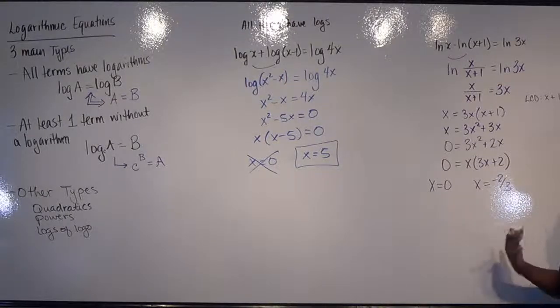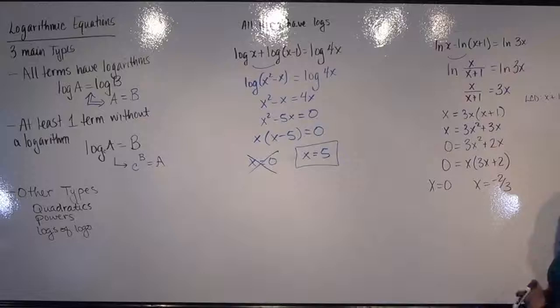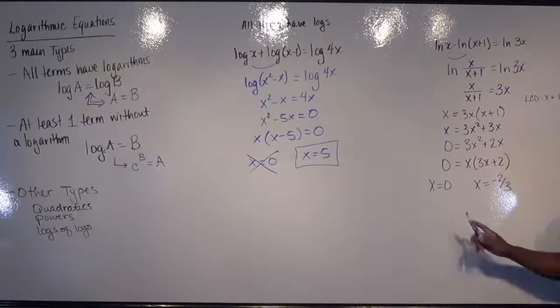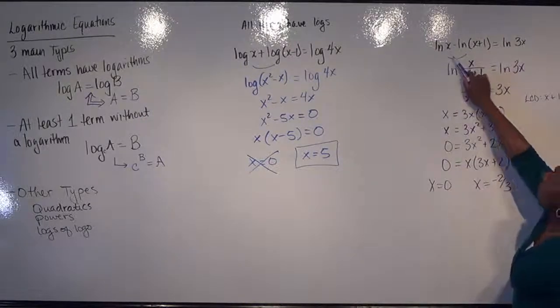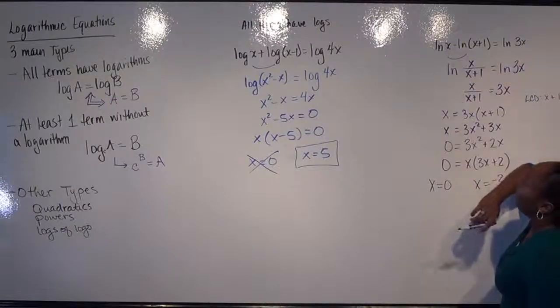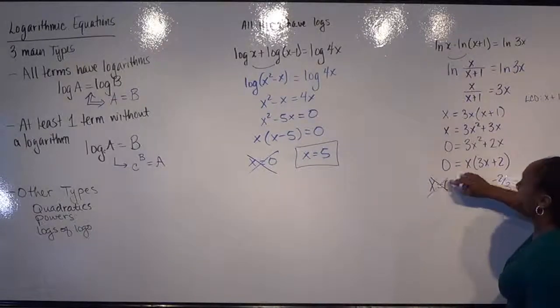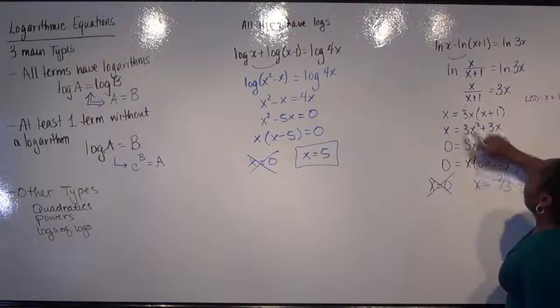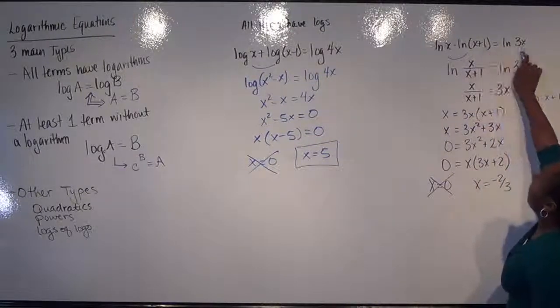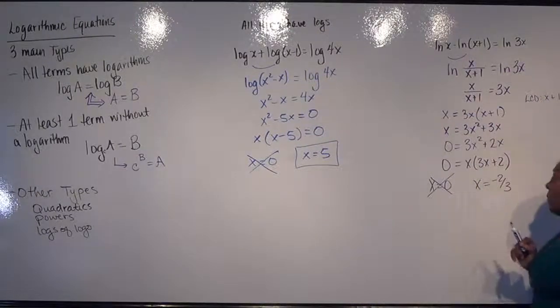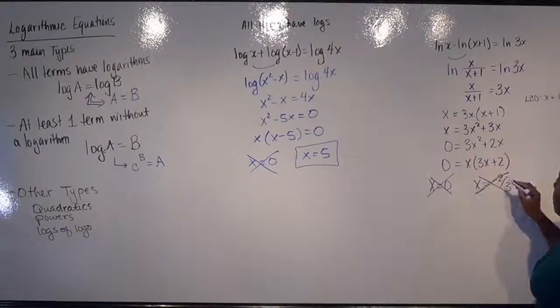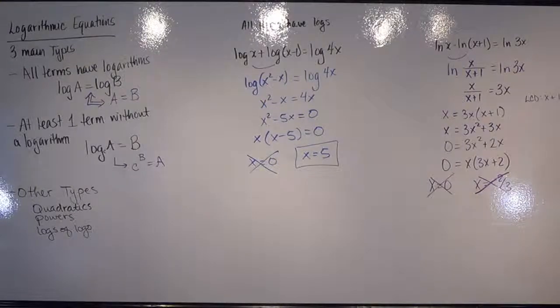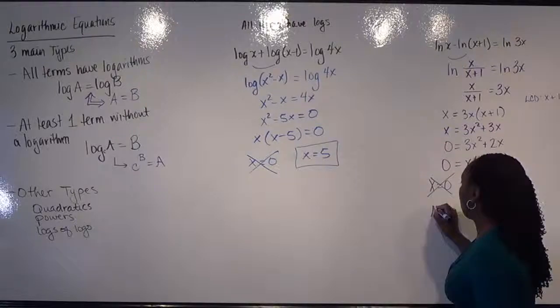I still need to go back and make sure that all of my arguments are strictly greater than 0. So if I plug in x equals 0, that first one becomes a problem because it's not defined at 0. And if I look at the negatives, the negatives make a couple of them problematic. So in this case, this tells me that there is actually no solution